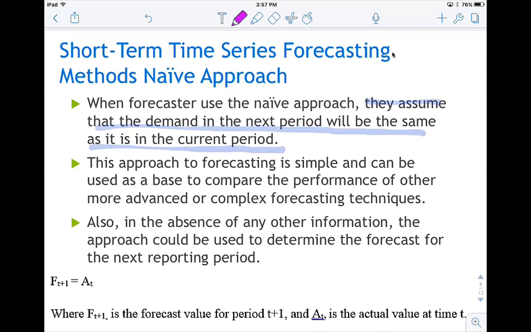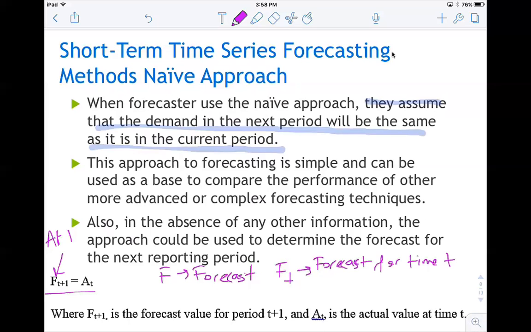Having said that, while dealing with forecasting methods and methodologies, we are going to use these two letters. F is going to represent our forecast. The index that it comes with is going to be the time period that we are making a forecast for. For example, if it is F_t, then it means that it's our forecast for time t. So in this sense, F_t+1 is the forecast for the next time period,